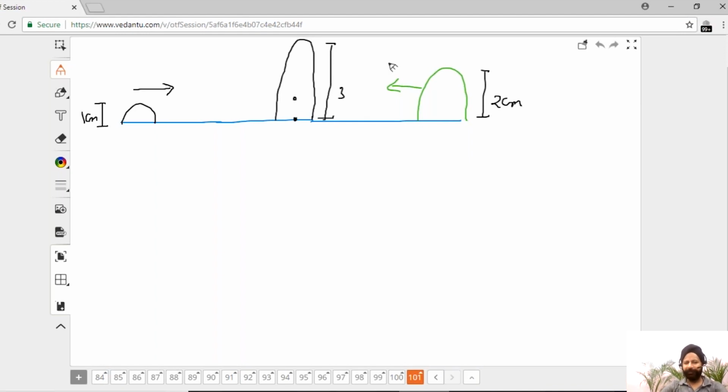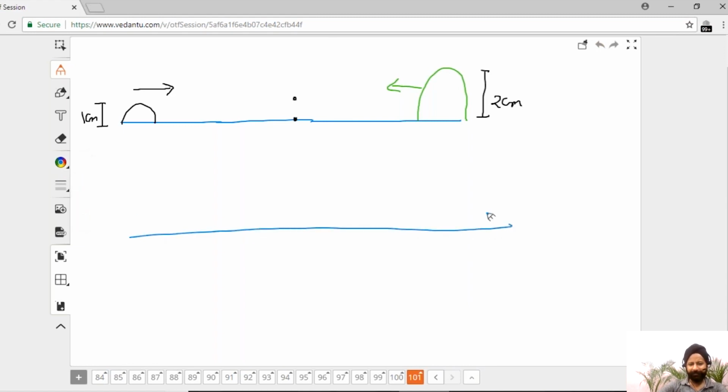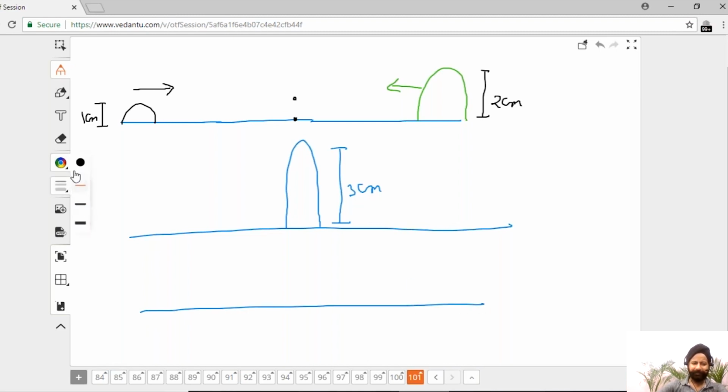ठीक है, उसके बाद क्या होगा? Let's draw the phases here. So when they meet, you actually see a 3 centimeters of rise there. ठीक है, and then उसके बाद क्या होगा कि they will move on as if nothing happened. So this will go with 2 centimeters here in this direction, 2 centimeters, as if they never met. This will keep going, and this is 1 centimeter with the same speed and in the same direction, that nothing